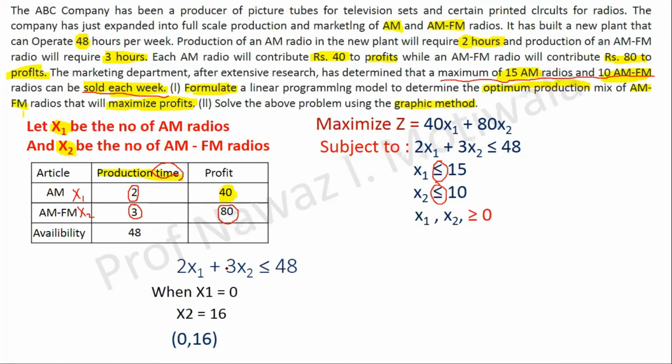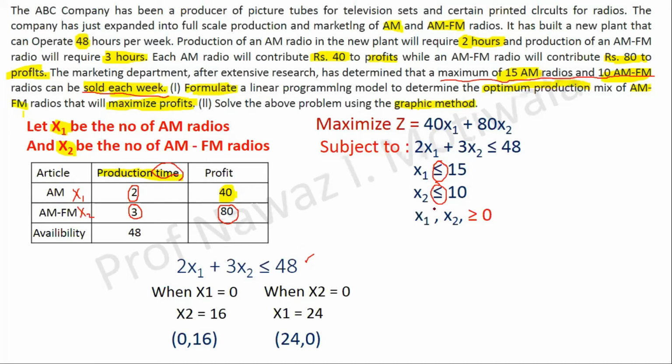Similarly, next I will do x2 equal to 0, thereby I will get x1 equal to 24 and the point (24, 0). Again I repeat that x1 equal to 0 and x2 equal to 0 are not compulsory. You can take any value here, x1 equal to 4, 5, 2, 1000, anything, such that it satisfies the given equation. For simplicity we take it as 0. So this completes our first equation coordinates.